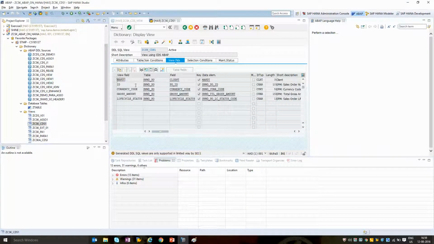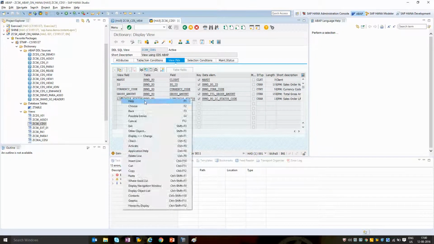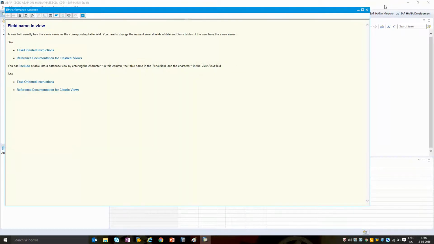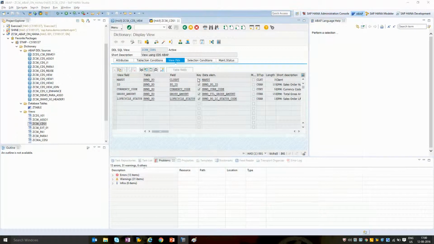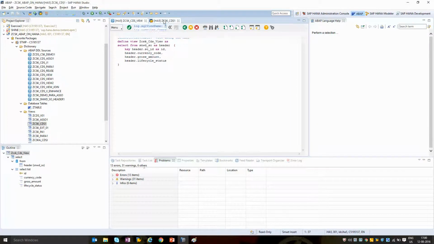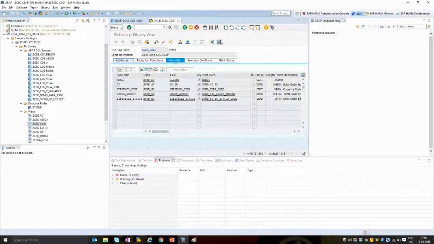You can open that and you can see that the mandate will be added automatically. Apart from that, I have projected the sales order ID as ID with an alias name, so the field name has been converted to ID. Otherwise, if I do not provide an alias name, whatever name I have given will be specified over here. So here you can see that a view has been declared with the 4 fields that I have specified, and this is the description we have given, and this is the CDS name that I have specified for the ABAP one. You can just execute it and you can see that